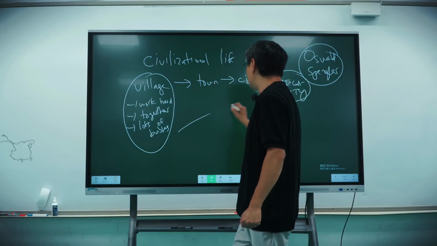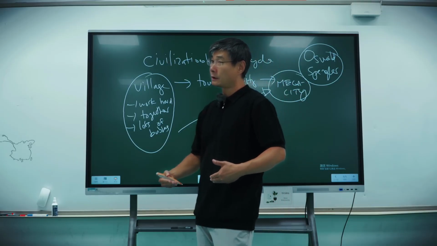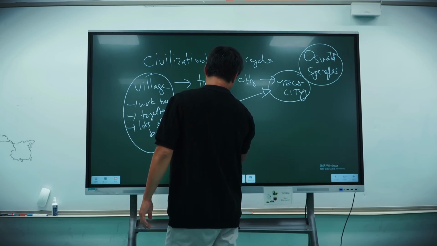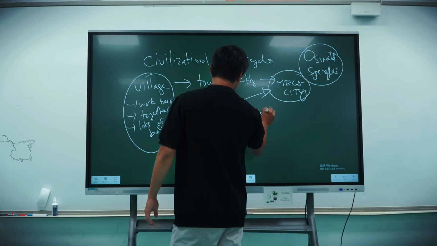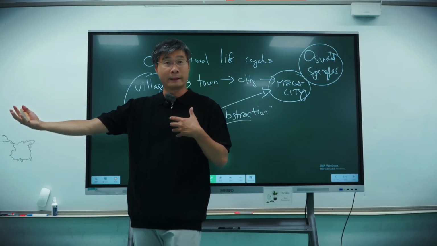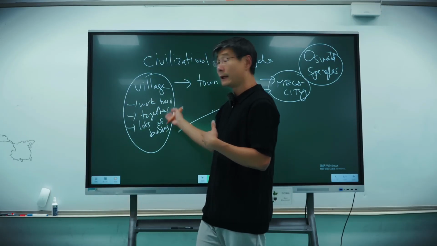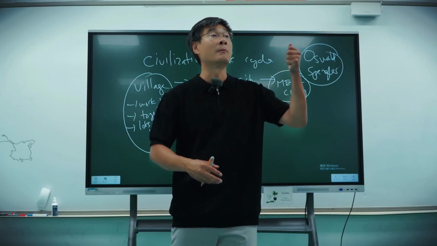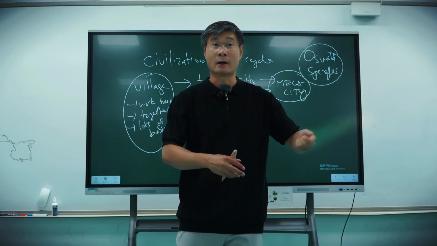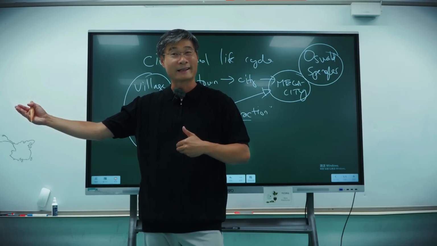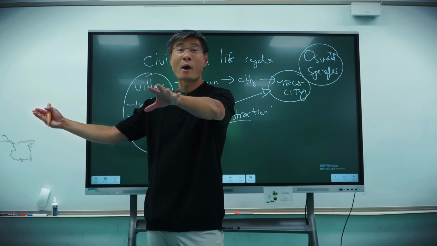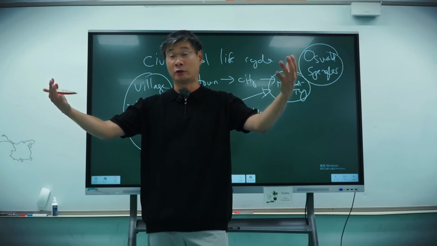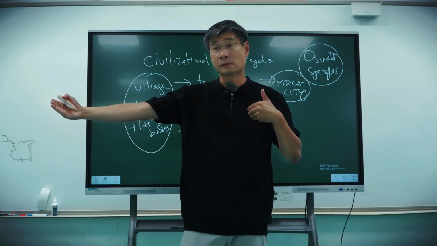But as you go up the civilization ladder, as you mature as a civilization, what happens is you have increased abstraction. Abstraction is just a fancy word for you're removed from reality. Okay? So when you're in a village, you understand everything, right? You understand, oh, the food that I eat comes from the seeds I implant, right? But when you're in a city, guess what? Those drinks you're drinking, you have no idea where it comes from, right? The food you're eating, you have no idea where it comes from. It's all abstract to you. It's all removed from reality, okay?